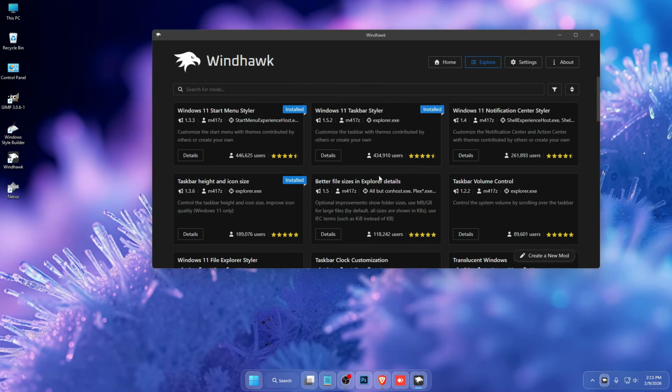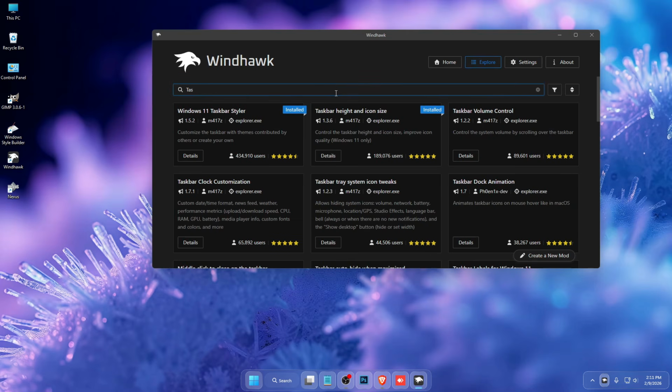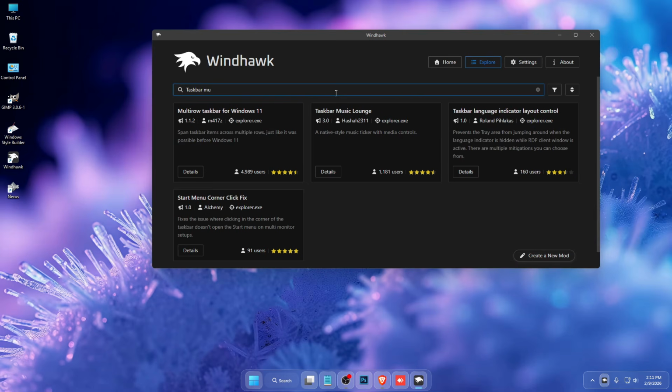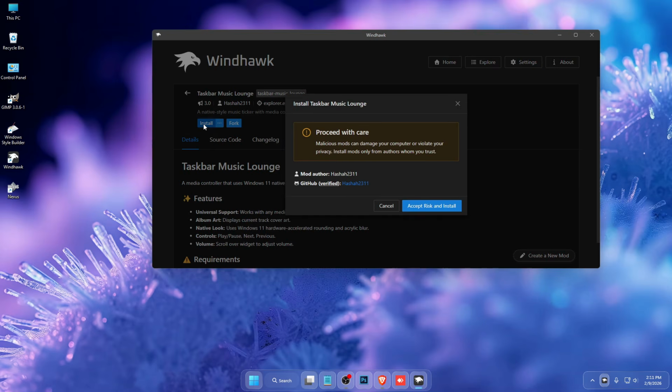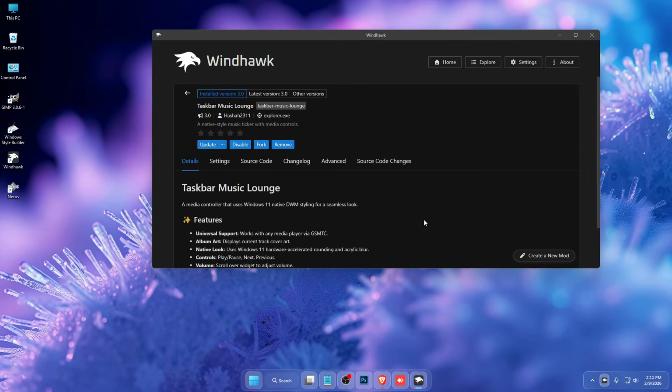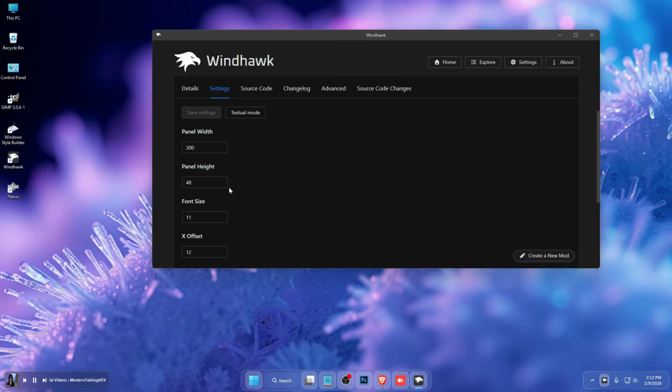Now we have to install another mod called Taskbar Music Lyrics. First you have to search for Taskbar Music Lyrics and then click on details and install it, and then click on settings, and we have to make some changes here. First change the panel height according to your desktop,